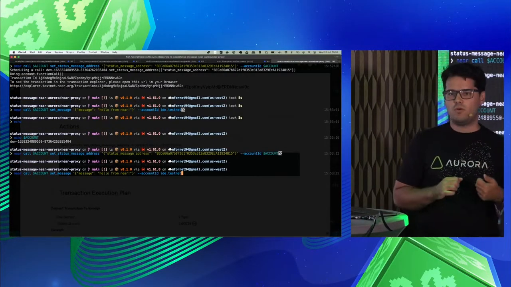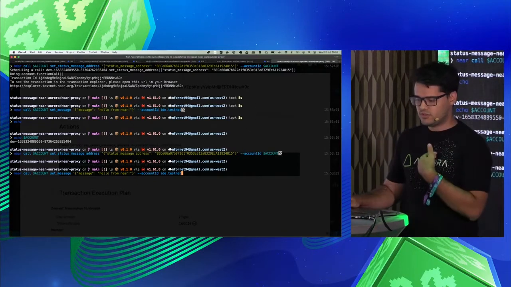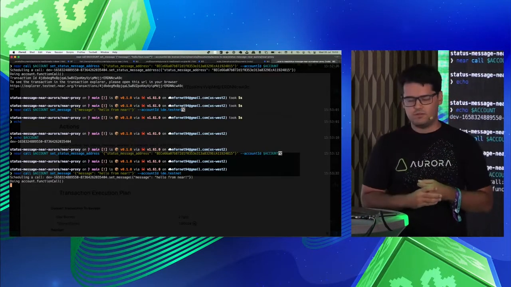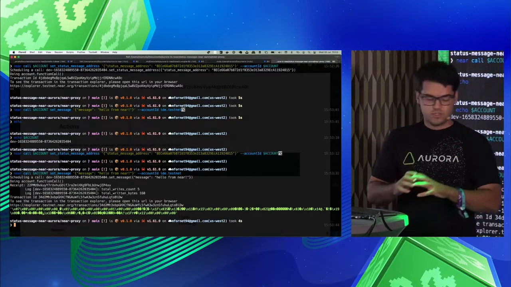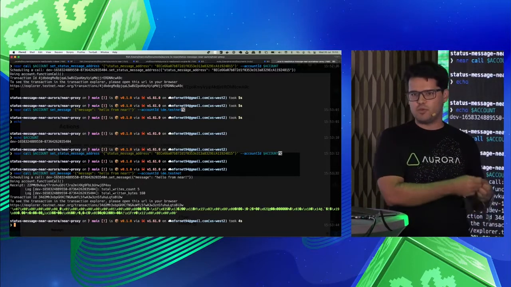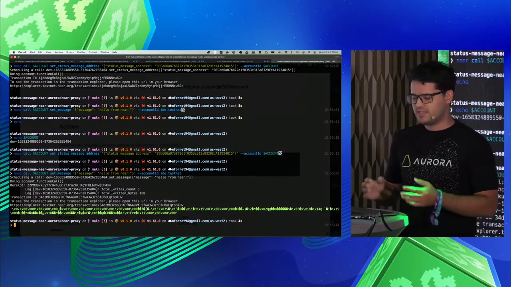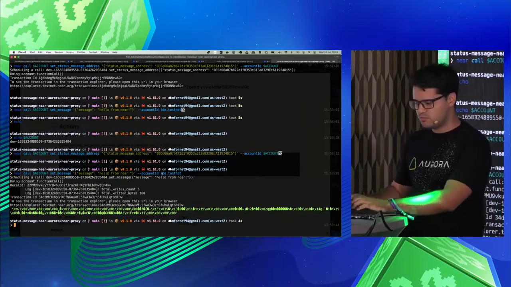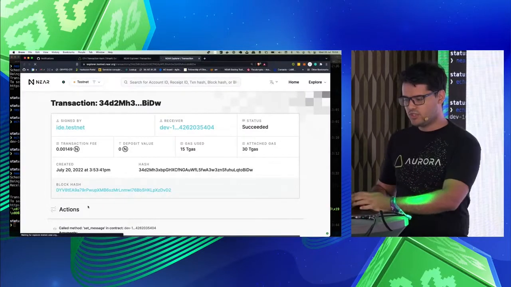Okay, so I will be calling the account of the contract on NEAR, and setting my status on the Aurora smart contract, okay? So super cryptic stuff happening here. The fact is that Aurora will spit out a few bytes that we don't need to understand right now. The point is that this is a successful transaction that took place, and if we go to the transaction and see what